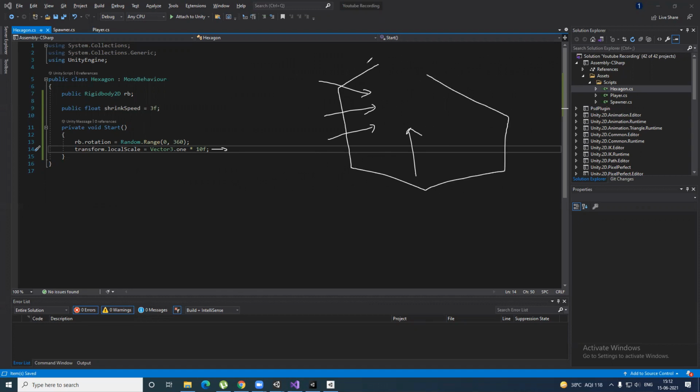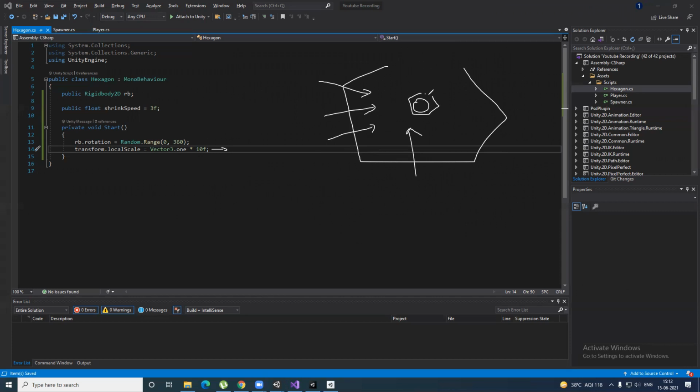Okay, this is not a hexagon. 1, 2, 3, 4, 5, 6, 7. Okay, this is 7-sided. Let's undo. 1, 2, 3, 4, 5. Yeah, cool. So this is a hexagon, and you saw that it was way too big, and at the end in the center where it collided, it became way too small for the ball to just move out, right? So this is what is happening.